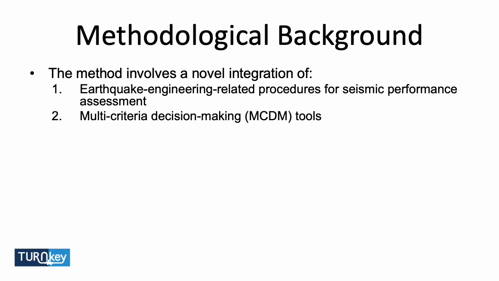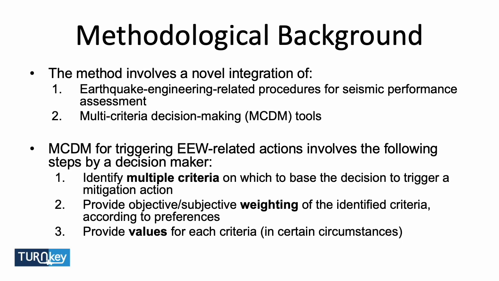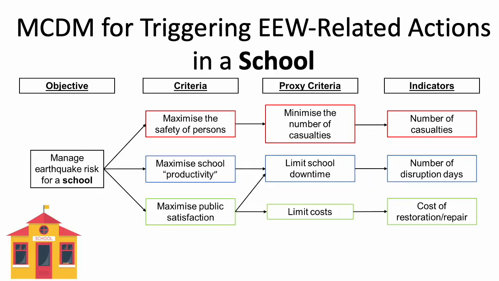Then in terms of multi-criteria decision making, this requires active engagement and input from the stakeholder. They need to tell us what criteria they are using to make a decision on earthquake early warning, how important each of the criteria are to them, and finally, they need to provide some input for some of these different criteria. So this last description might seem a bit abstract, so let's go through a bit of a description and